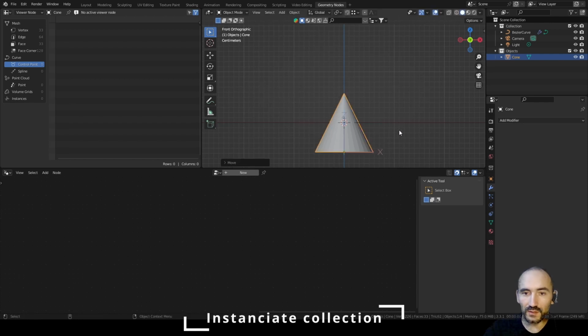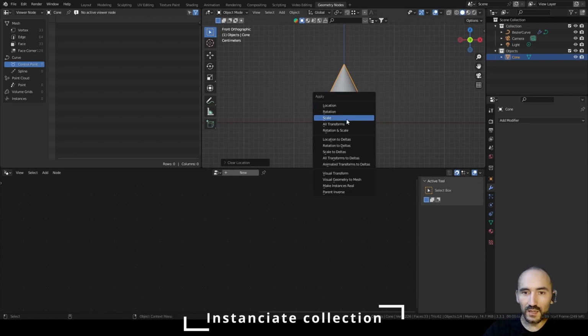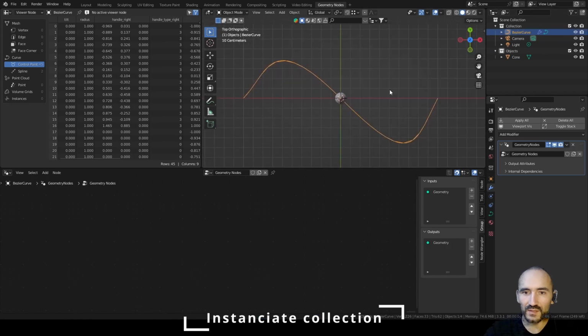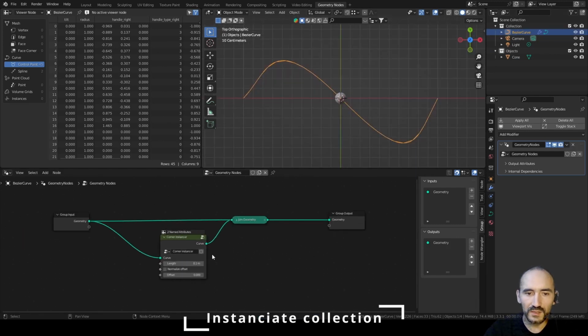to this point the origin of this object, Ctrl dot to exit from the origin point or uncheck this check, Alt G to reset the position, the location of the object here, Ctrl A and apply the scale. This is very important. Now I can select my Bezier curve, press 7, press Home to view the entire geometry